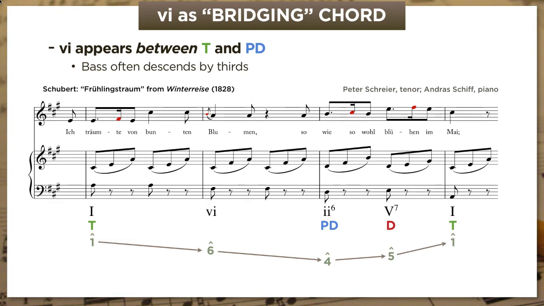So a few things here. I want you to notice that this bass line, 1, 6, 4, 5, is not just common in classical music. It is all over the place in Western pop music since at least World War II. Swap out the 2-6 for a 4 chord, and you've got the iconic progression of doo-wop in the 1950s.